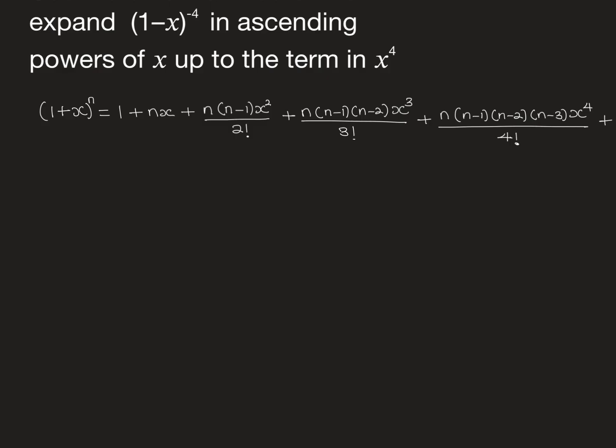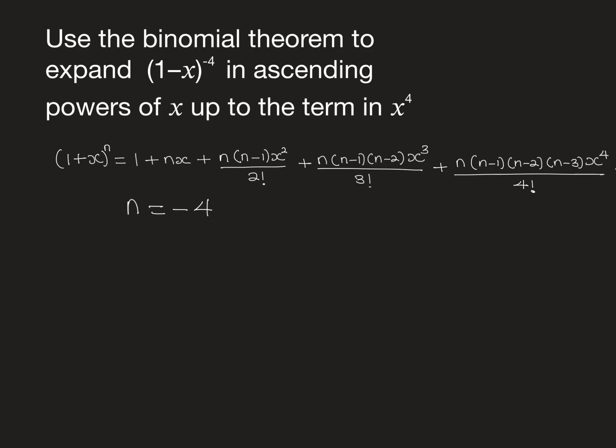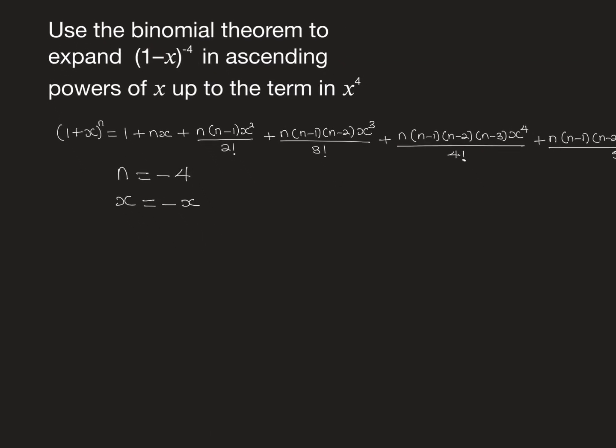So what is n? n here is equal to minus 4. And in the place of positive x, we have negative x. So wherever we have x, we are going to replace it with negative x, and we are done. So going by that, that will be 1 plus n, which is minus 4, into x, which is minus x,